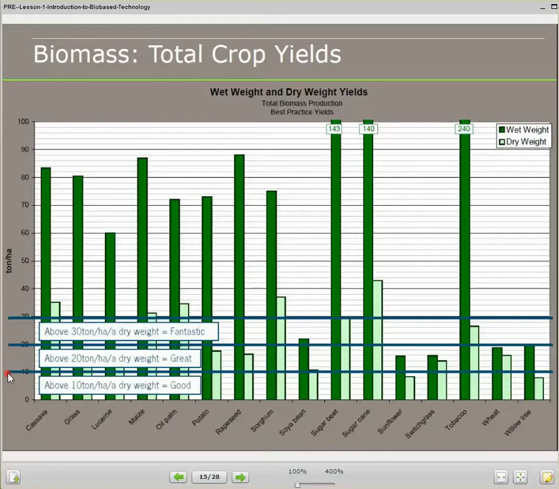Sunflower? Yeah? There's one more. Willow tree, good Christian. Correct. So if you look at the dark green, this is the wet weight. Remember, when you get cassava or grass or any of these products, their yield is wet. But when you want to do any kind of conversion to them, of course you only use the dry, you can't use the water. So in the case of sunflowers and willow trees,